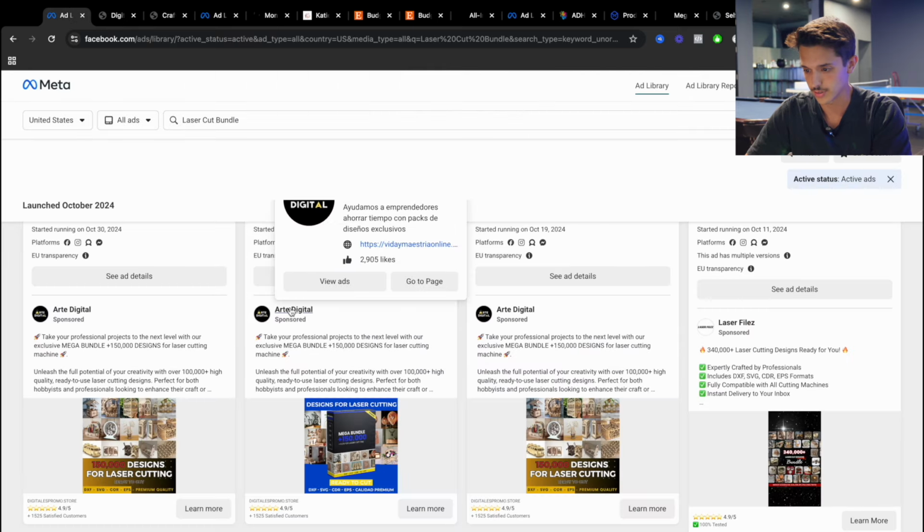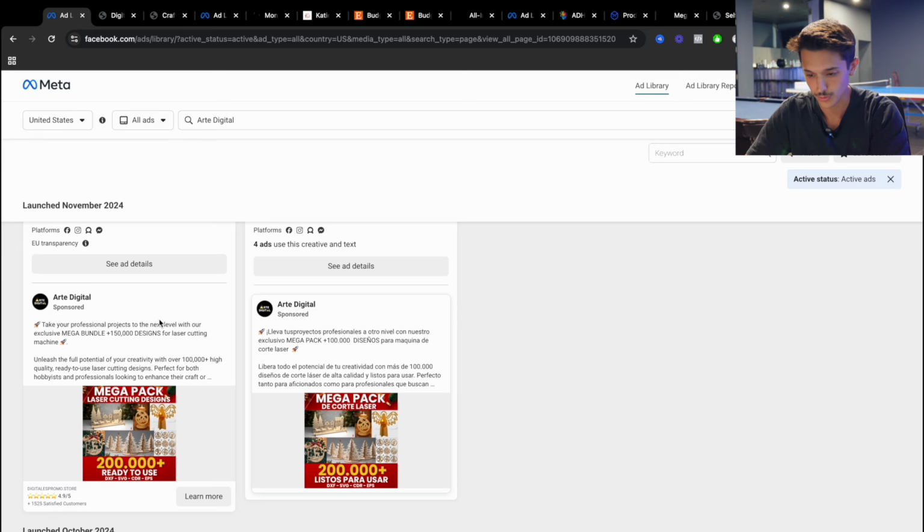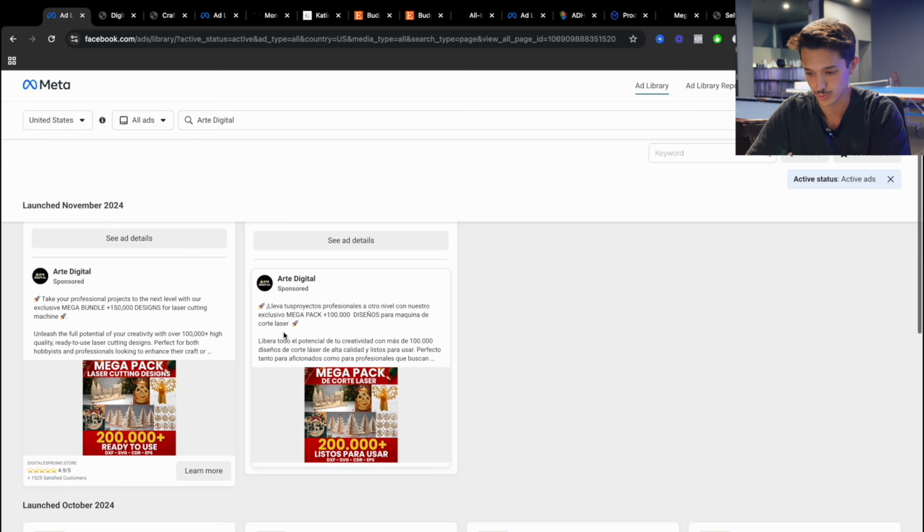So let's go to the page and see how many ads they're running, because their page has 2,905 likes. Active ads, they have 11 results, as you can see right here. And it looks like they're running this offer both in English and in Spanish, which is really, really cool, because